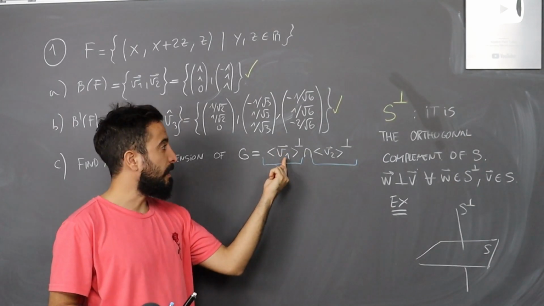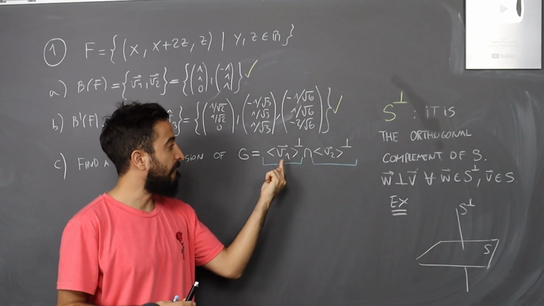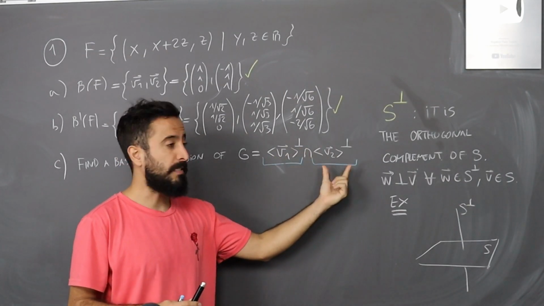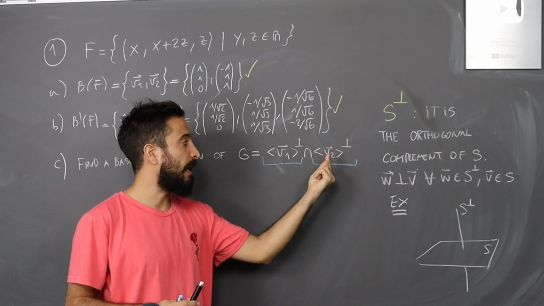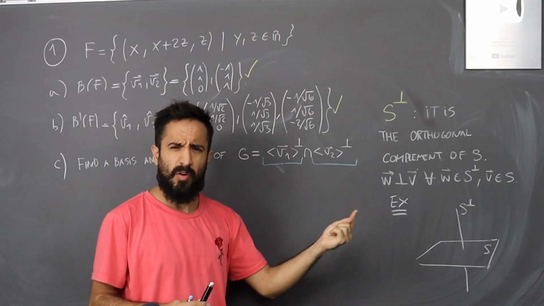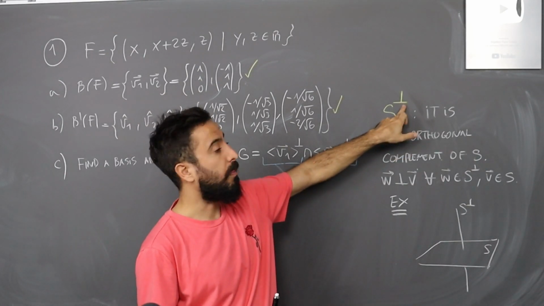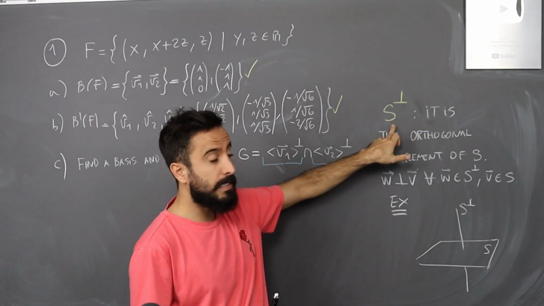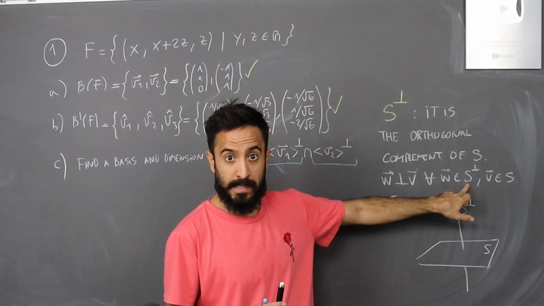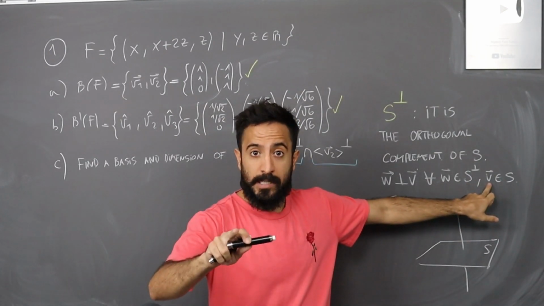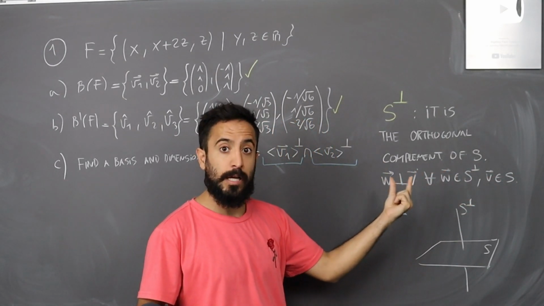What is G? So G is the intersection of two subspaces, these two right here. The first one is the orthogonal complement of the subspace generated by B1. And the second one is the orthogonal complement of the subspace generated by B2. What is orthogonal complement? Let us remember that. So if we have the orthogonal complement of a subspace S, that means if we take any vector belonging to that subspace and we take any other vector belonging to S, these two vectors must be orthogonal to each other.